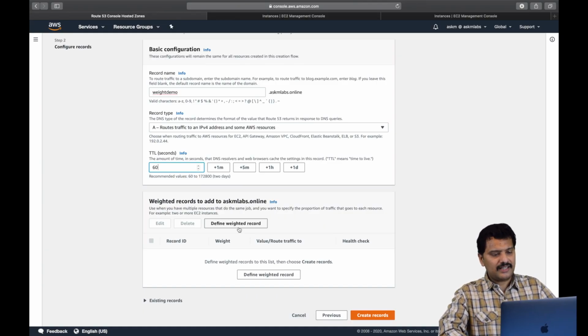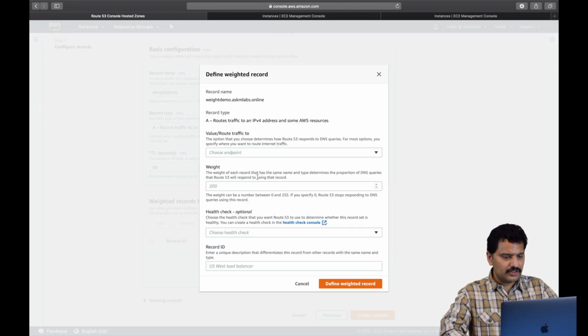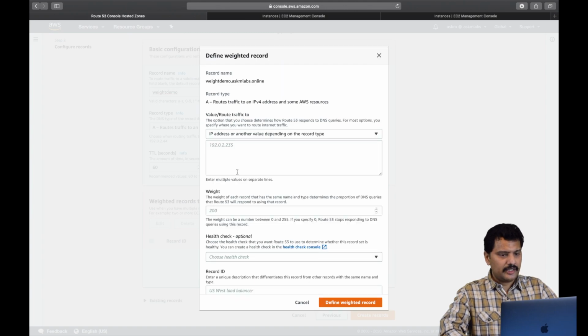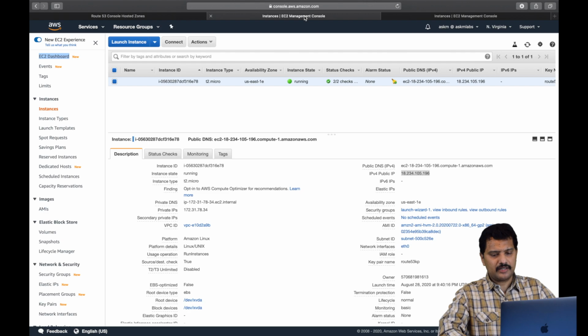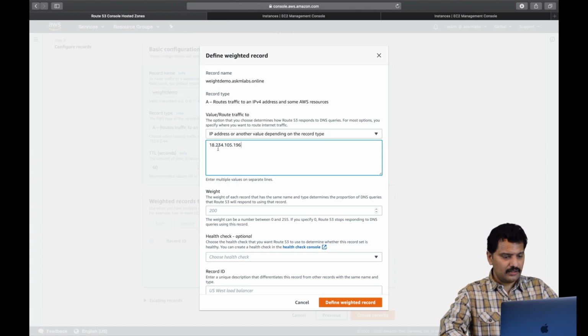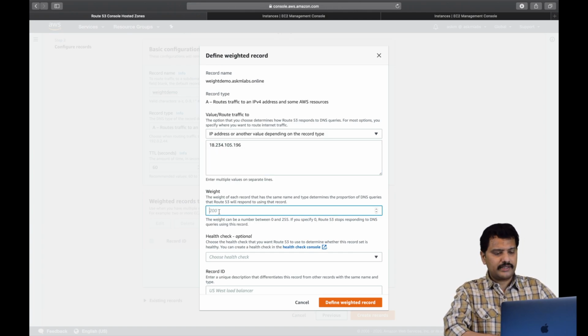So I'm going to define 3 records. The first record will be the IP, and let me choose the IP for North Virginia. The North Virginia IP is this one. So I'm going to assign that to this record, and I'm going to give 70% as the weightage for this record.